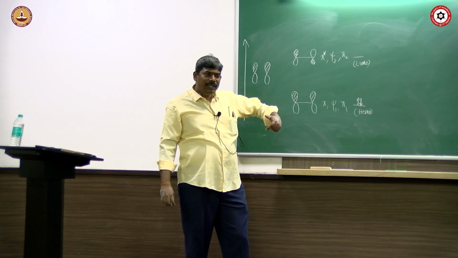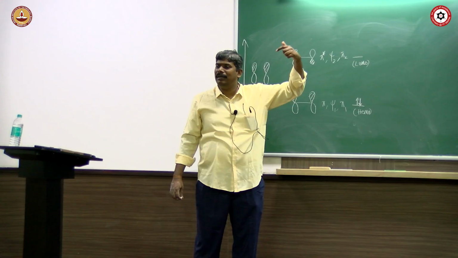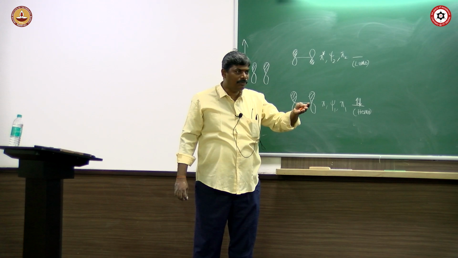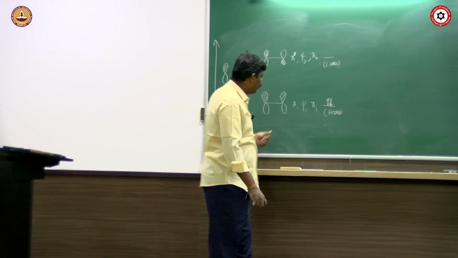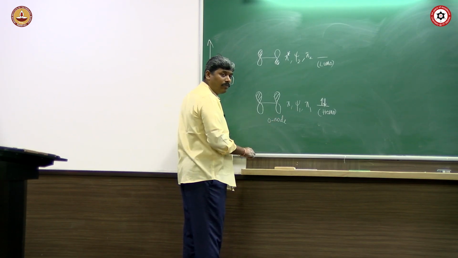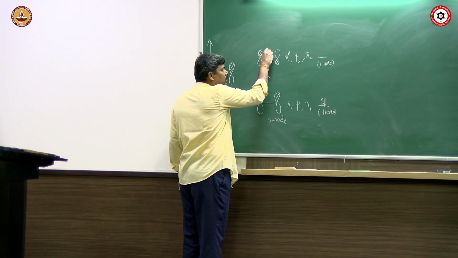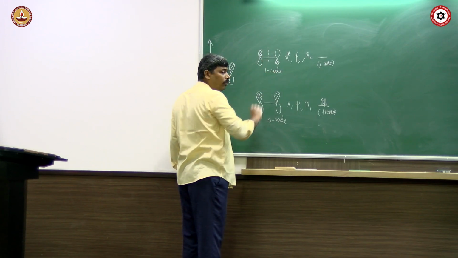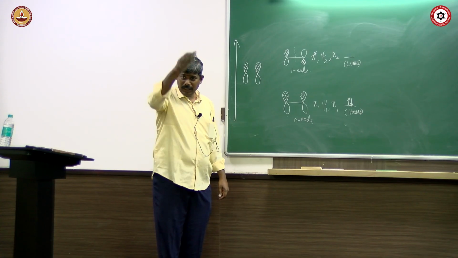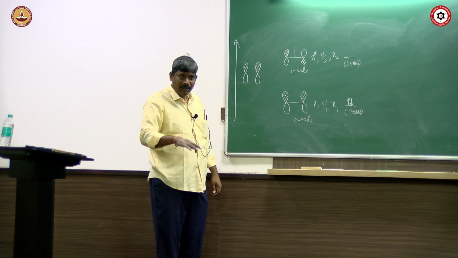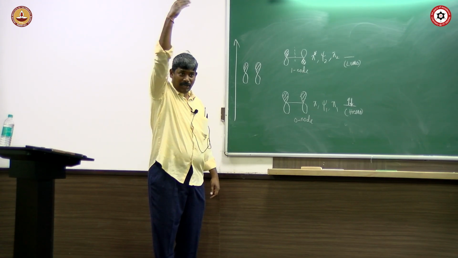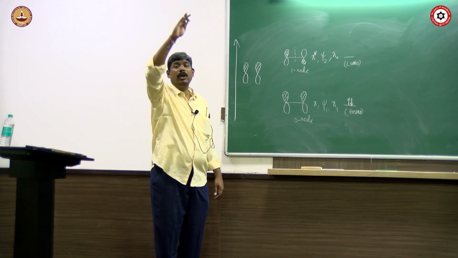Now I am going to increase by 2 more, which is 4. Then how many molecular orbitals will I have? 4 molecular orbitals. So as I told you, the lowest will have 0 nodes. The next energy level will have 1 node, because this is a node. So if you want to arrange them in order of energy, going from lowest to highest, the lowest will have 0 nodes, the next will have 1, the third one will have 2, and that way, n molecular orbitals will have n minus 1 nodes.